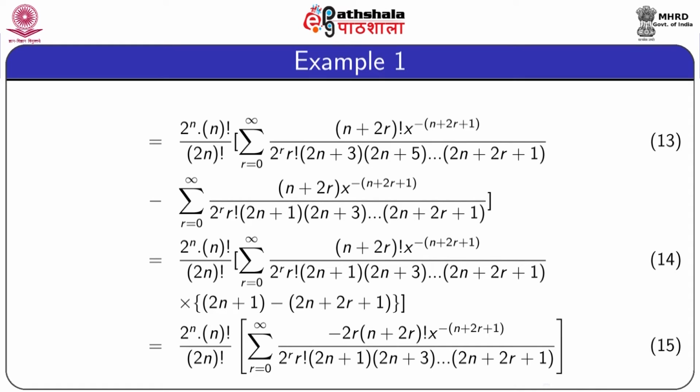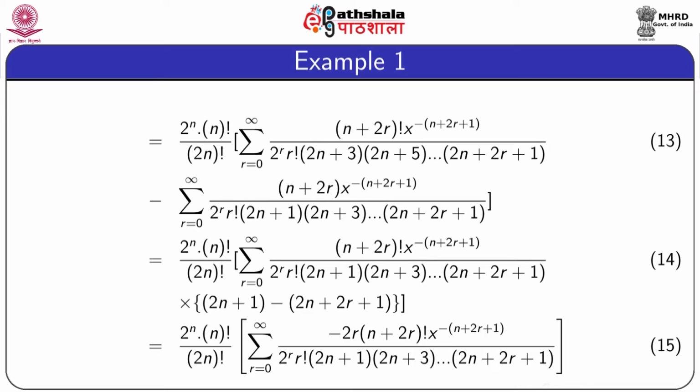After simplification we get equation number 14, which is equal to 2 to the power n into n factorial divided by 2n factorial, summation r equal to 0 to infinity, n plus 2r factorial x to the power minus n plus 2r plus 1 divided by 2 to the power r factorial, 2n plus 1, 2n plus 3, dot dot dot, 2n plus 2r plus 1, multiplied by 2n plus 1 minus 2n plus 2r plus 1, which after simplification